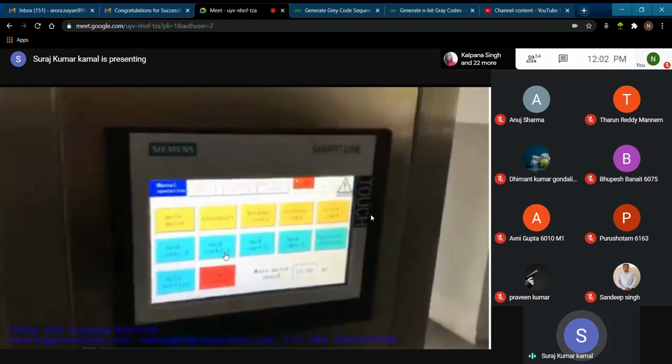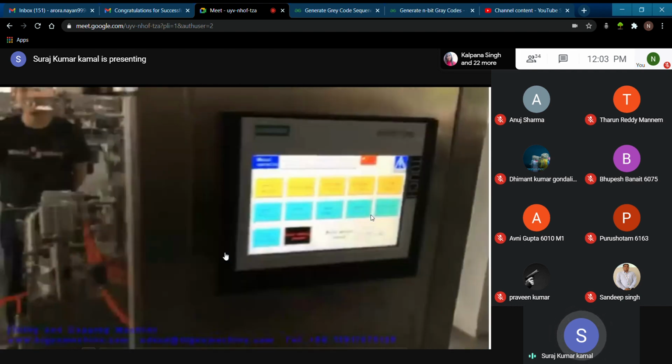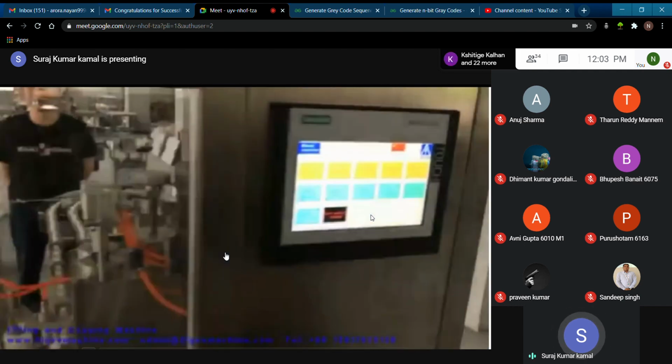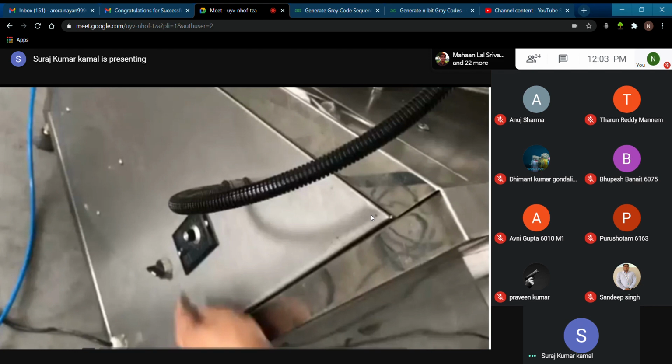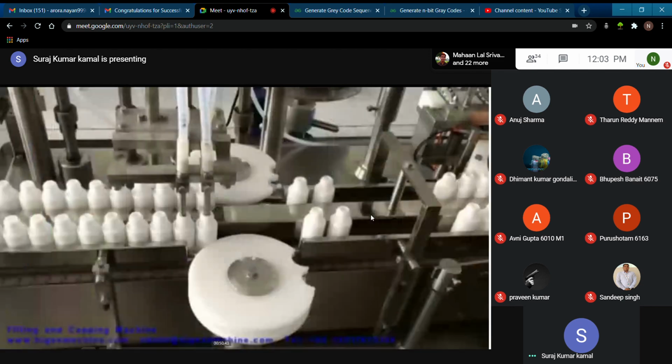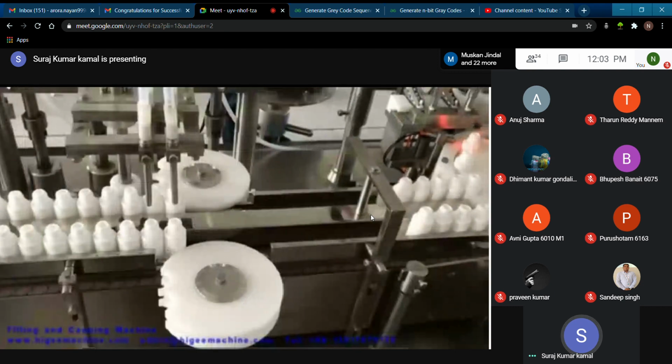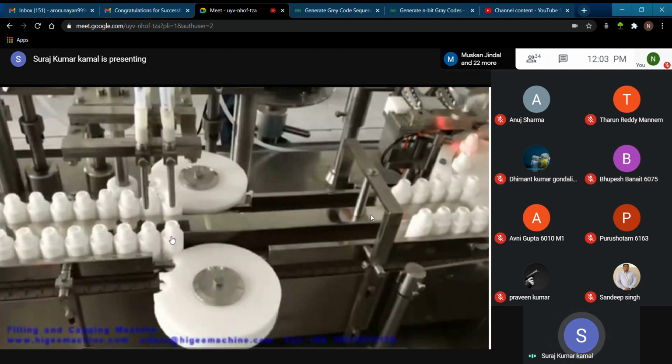This is an HMI which gives a graphical representation of the codes through which we can control. So you can see this nozzle come down and fill the bottle. It will also be sensed by a sensor how much liquid is poured into the bottles, and after that it will give a command to this rotary system, which is pneumatically controlled and is a mechanical system, which will rotate these bottles to the next conveyor belt for the next station.